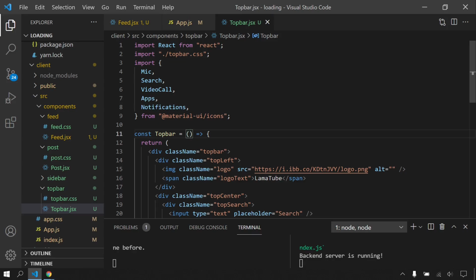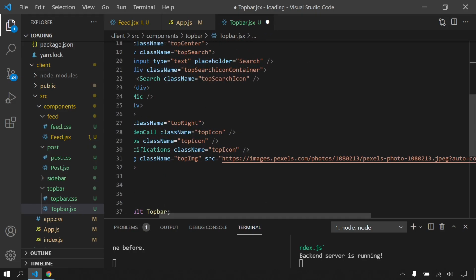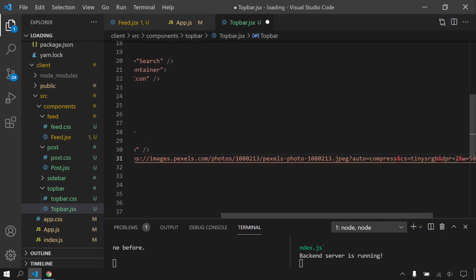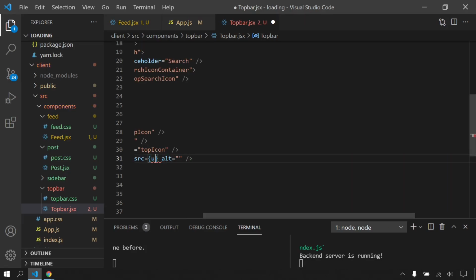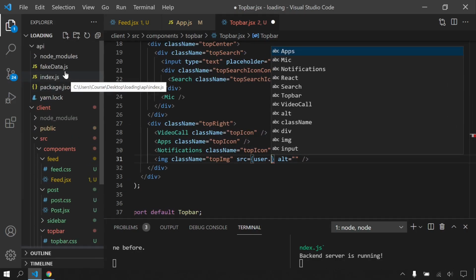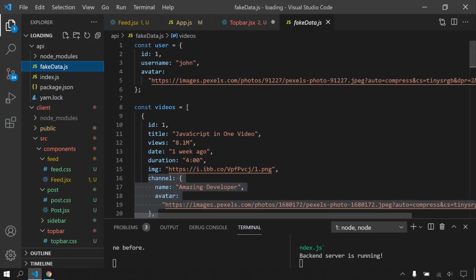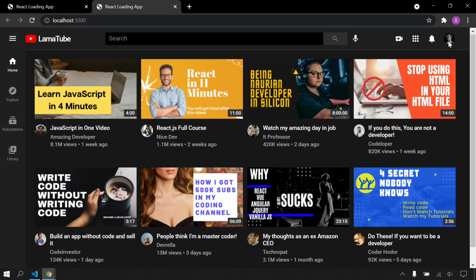I will take these props isLoading and user, and here for profile picture I will delete this, and I'm gonna write user dot, was it profile picture or avatar, let's check. Okay, it's avatar. As you can see, it's been changed. Perfect. So we finished our fetching operations.